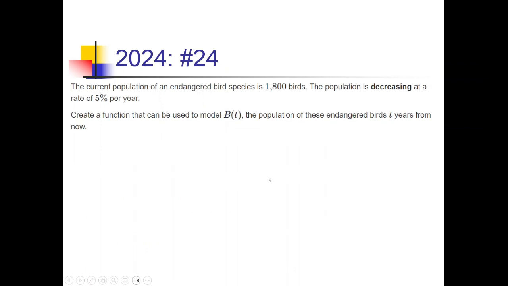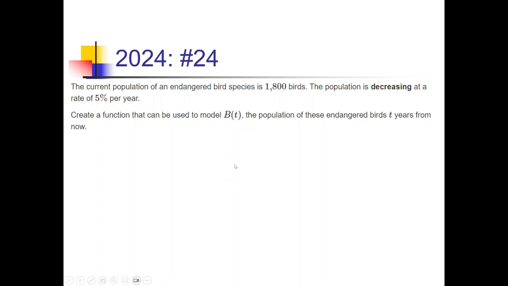For this next problem, we have the current population of an endangered bird species at 1,800 birds, and we're told this population is decreasing at a rate of 5% per year. They just want us to create a function that can be used to model B of t, population of birds, t years from now. Now, since we're decreasing a certain percentage per year, this is an exponential function, which means